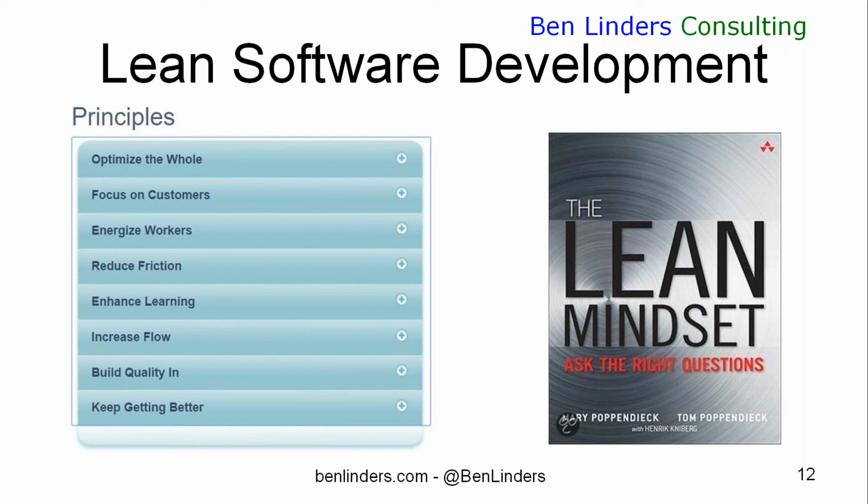I think one other thing which is also in Lean, and I see the same, by the way, in Kanban, is looking at flow in your organization. How does a product flow through your organization? Again, from the point that requests from your customers are coming in, requirements are becoming clear, until the point in time that software is actually delivered to your customers. And what can you do to increase the flow, to make it faster and to make it easier to deliver products to your customers?